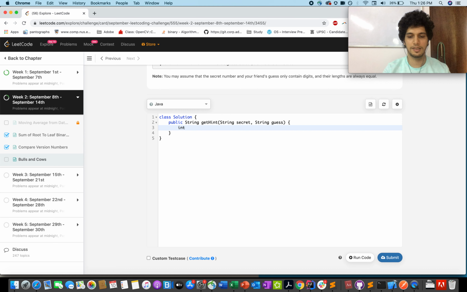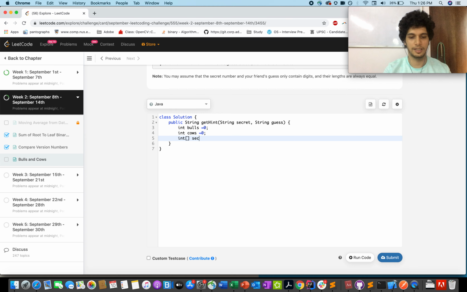Creating two variables, bulls and cows, that will store the count for both of them. And now I'll need a map for the first string and for the second string. So secret frequency, an integer array of size 10. Similarly for the guess part, guess frequency. And let's iterate through both the strings and calculate the bulls part first.